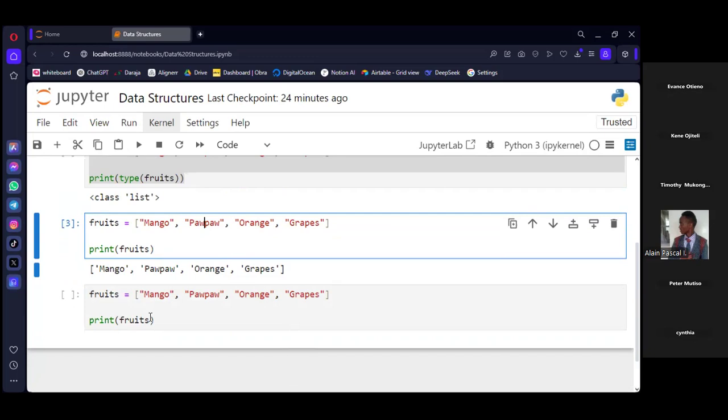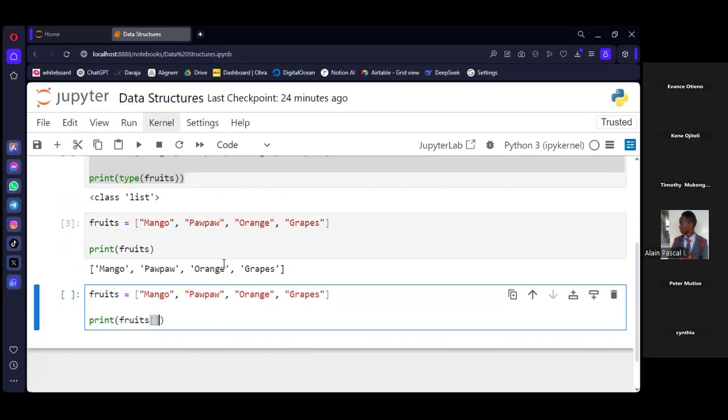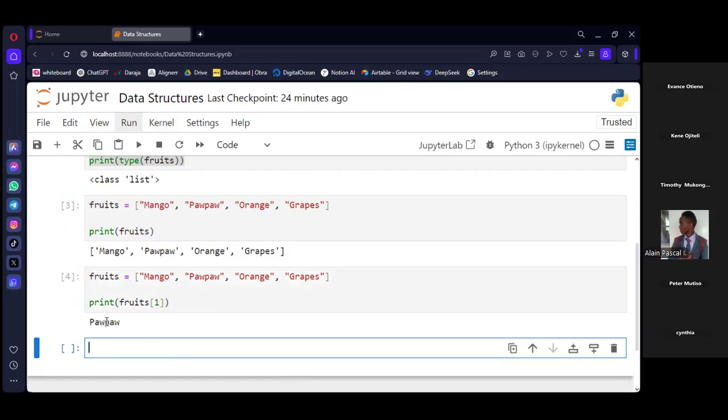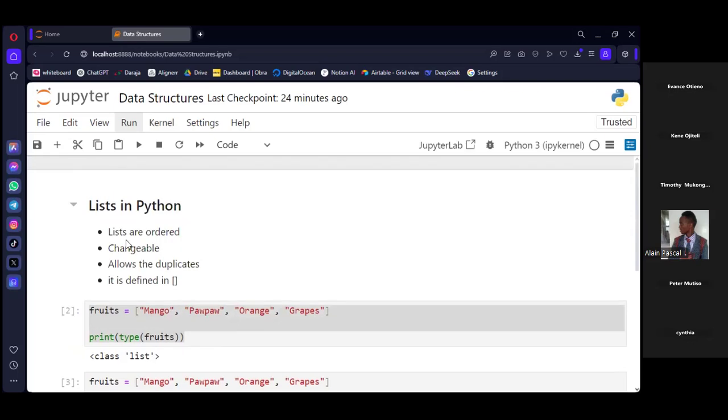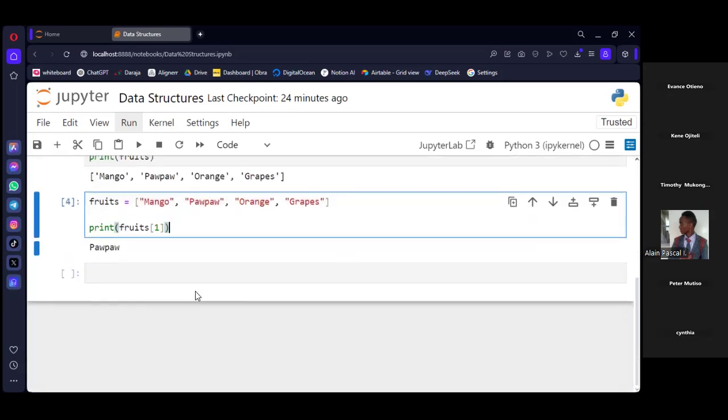Thank you so much. So we are going to pass 1 here, and we'll be able to retrieve purple. This proves that it's ordered. Something which is not ordered, you will not be able to access by position. But because it's ordered, we are able to access by index.